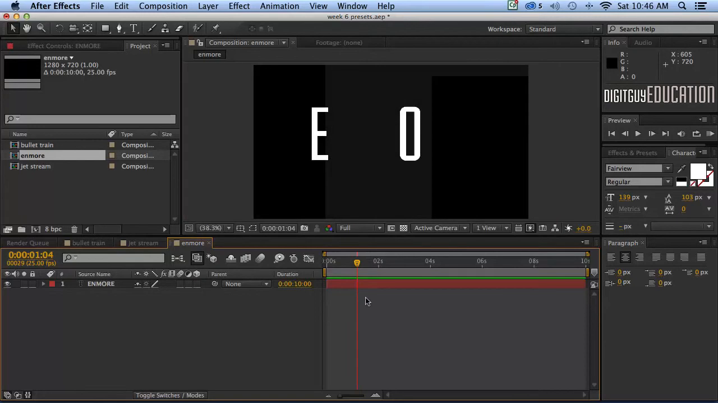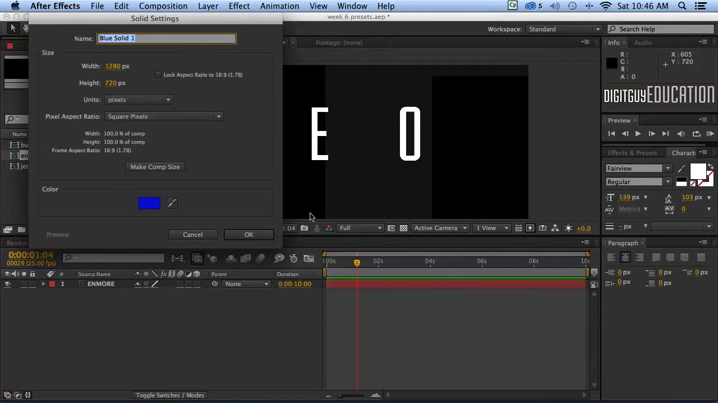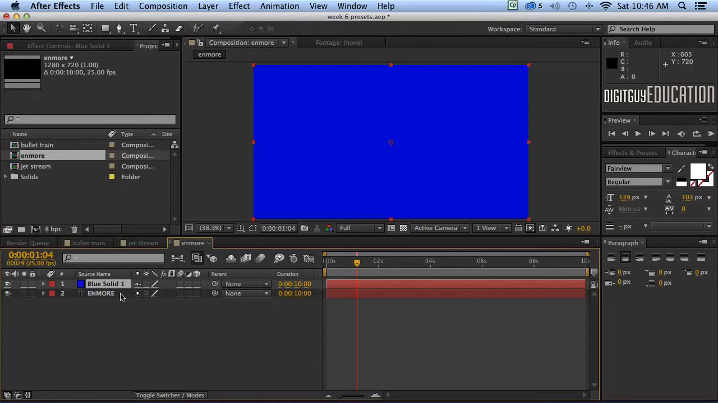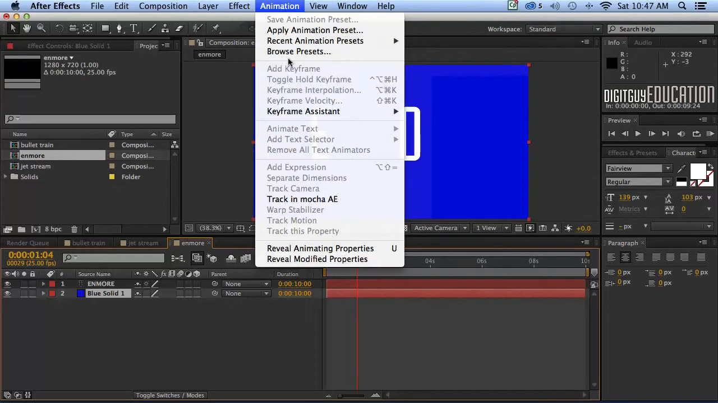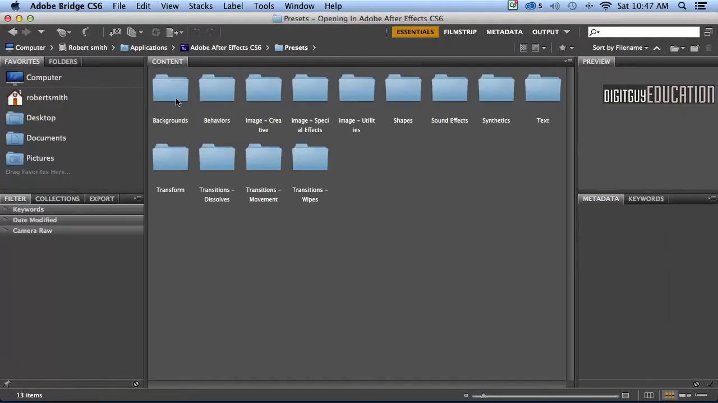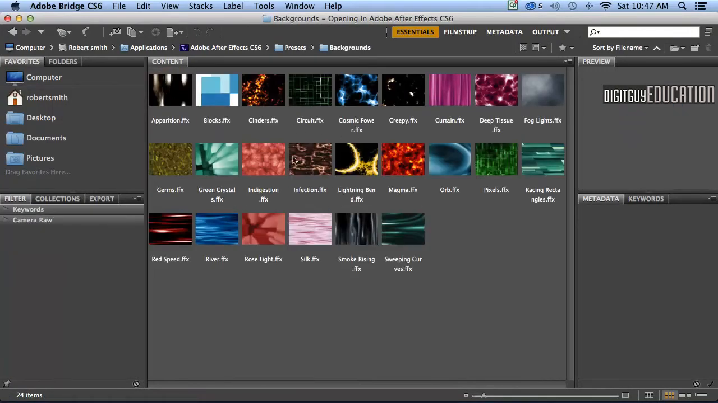And to do that, we need to make a solid. So I'm going to do that Apple Y like this. I'll make sure my solid's 1280 by 720, and OK. Now let's remind ourselves what a solid is. It's just simply a blue vector graphic, if you like, the size of the stage. I'm going to grab it and drag it underneath the type layer like this. Let's apply a preset to this blue solid. So I'm going to go to animation, browse presets, and under the background category here, if I double click on that, you'll see you get a lot of these